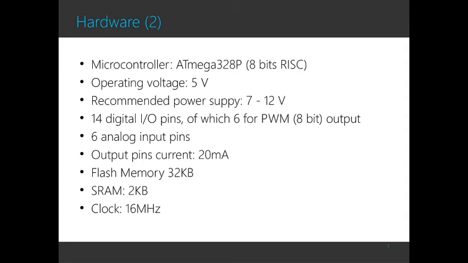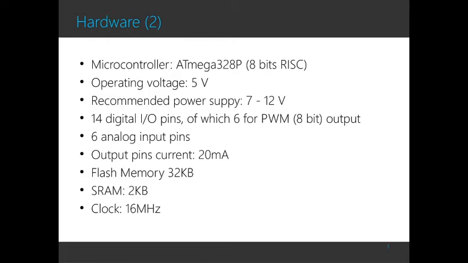It provides 14 digital I/O pins, of which 6 can be used for pulse width modulation at 8-bit. And we also have 6 analog input pins, and each pin can provide a current up to 20 milliamperes, which